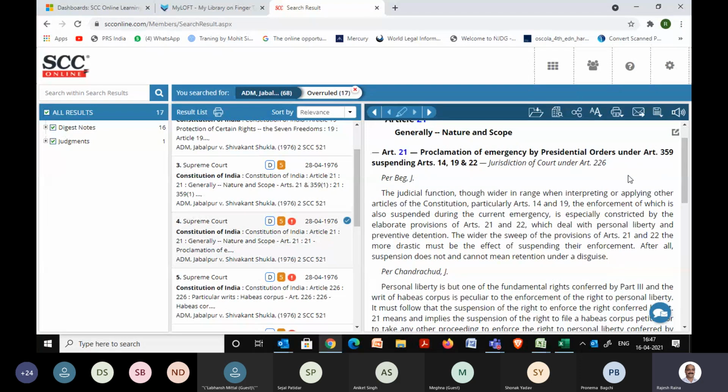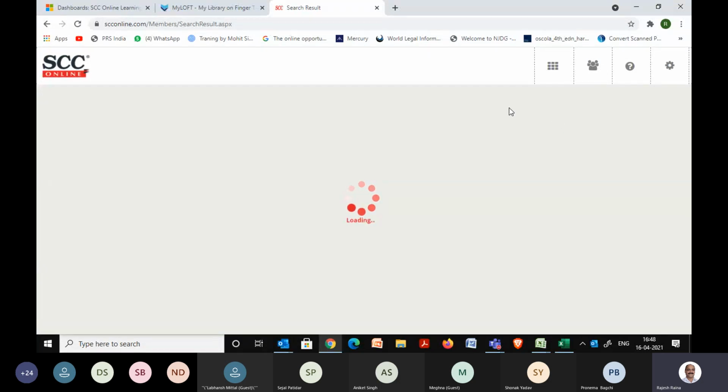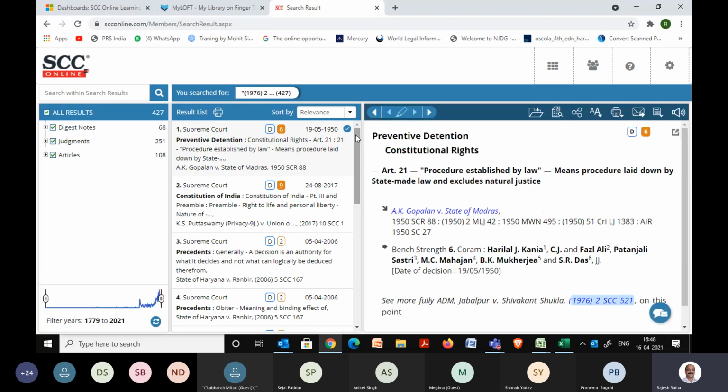And if I want to know the precedence of this particular judgment, where it has been followed or relied on or distinguished, its history, in backward referencing or forward referencing, as we call it, I'll click on this case reference, the second icon in the third column, and the software will pull out all those judgments where the citation of 1976 ADM Jabalpur is appearing.